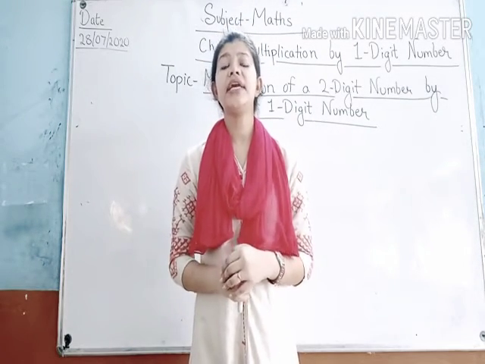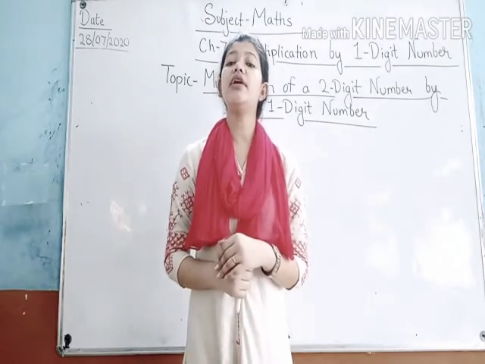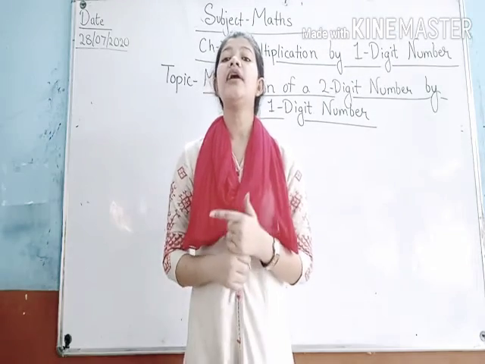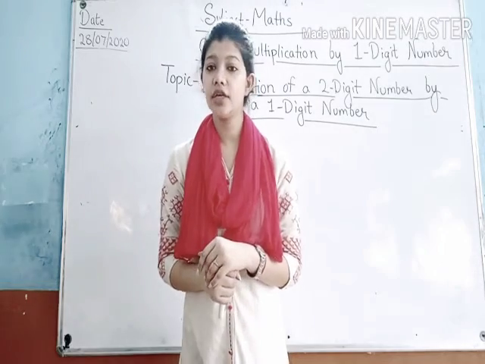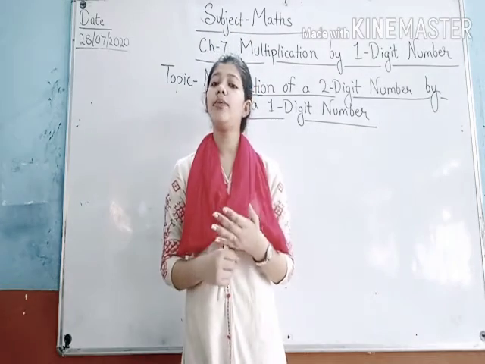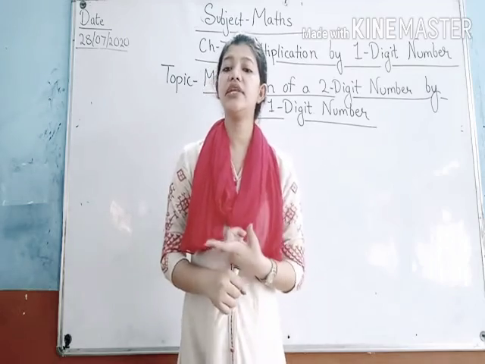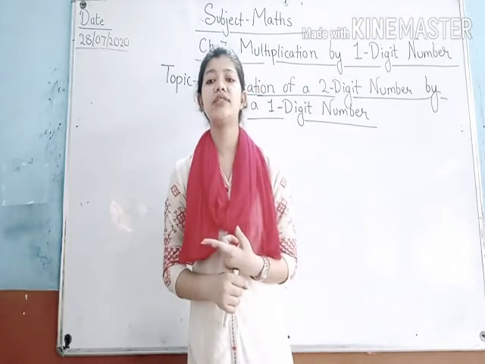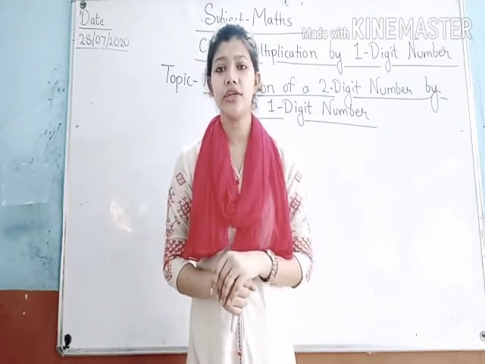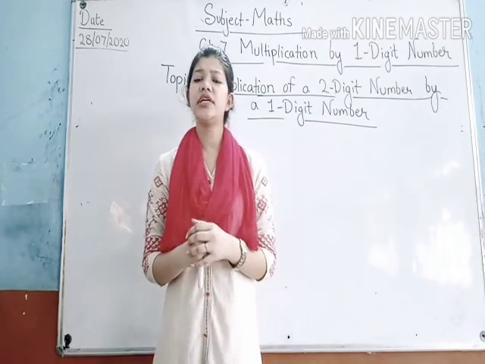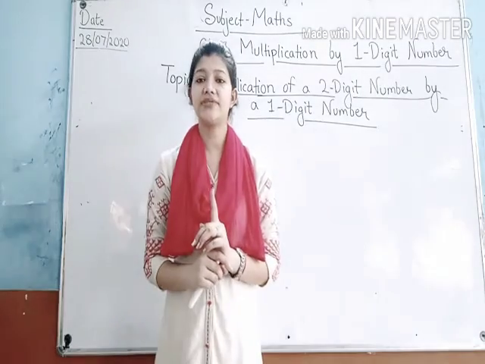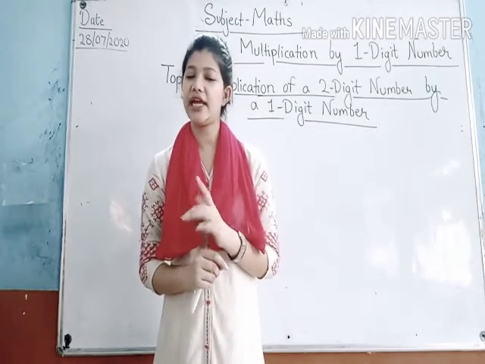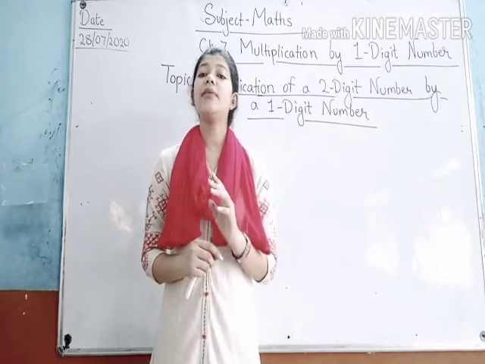Now students, in this chapter we will learn how to multiply 2 and 3 digit numbers by 1 digit numbers. I hope you know very well what a 2 digit number, a 3 digit number, and a 1 digit number are. Now students, what is a 1 digit number? A number that has one place value of ones is a 1 digit number. The number which has 2